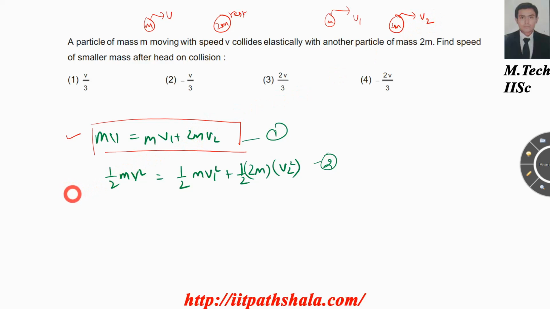The next equation you can apply is the conservation of kinetic energy, because there is an elastic collision going on, so there isn't any wastage of energy. You can apply simply this equation and figure out the value of velocity by yourself. You have two unknowns, v1 and v2, and two equations. You can figure out the values of v1 and v2 by yourself.